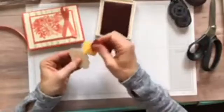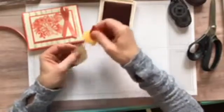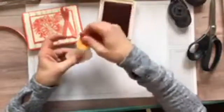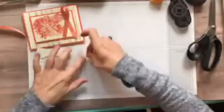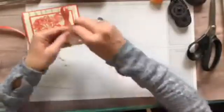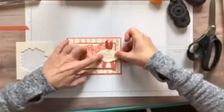And I'm just going to add a little bit of ink around the edges of this. So when you order these sponges, I think you get 3 of them. So you could have little sponges for about, what would that be, 18 of them if you did 6 out of each one, right? Okay, close that guy up. Going to put some dimensionals on the back of him. And then there's one last little bit that we're going to do after we add the Thinking of You to our